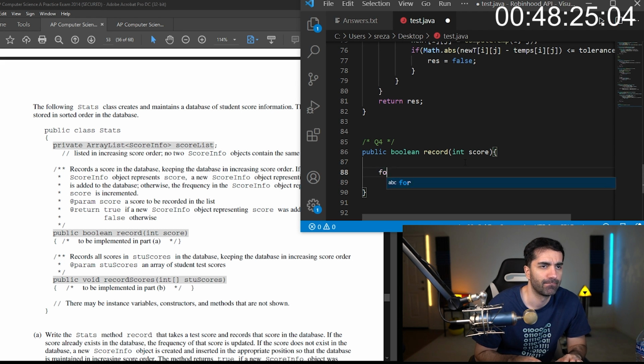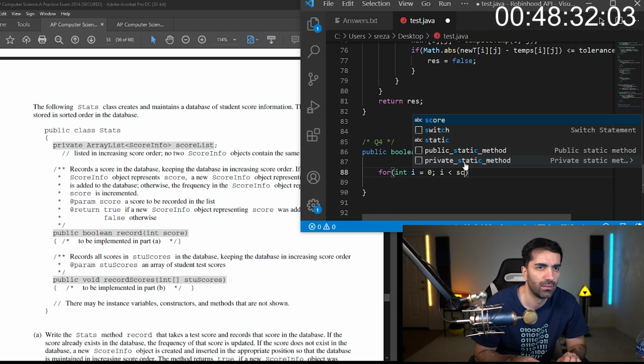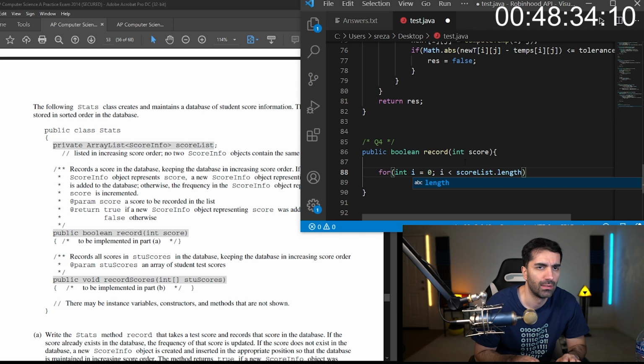So we're gonna loop through. It's an array list, so it's gonna be size.